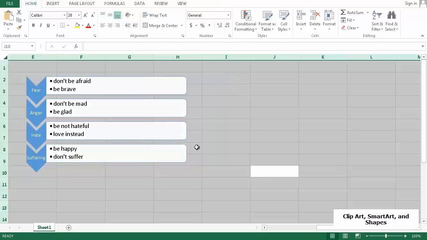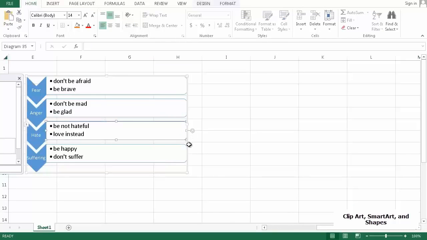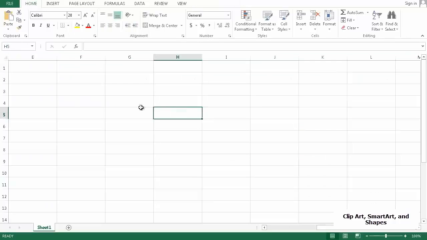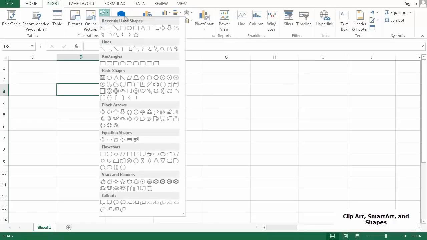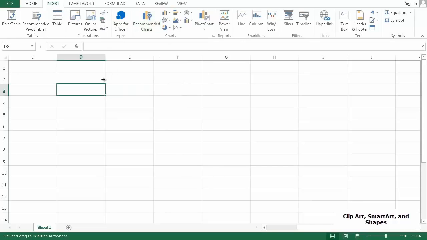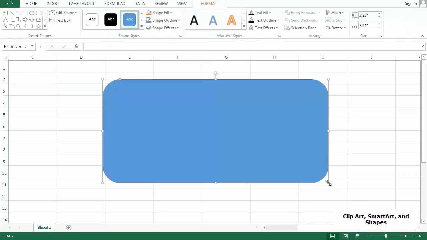Let's finish off by talking about the actual shapes. So I'm going to click on the little corner here, press Delete to delete it all. And finally, let's go to Insert, and we'll choose Shapes. So I'm going to insert a rounded rectangle here. It looks very nice. And I'm going to drag out a rounded rectangle. And what I like about shapes is that you can type right into them. I'm going to say